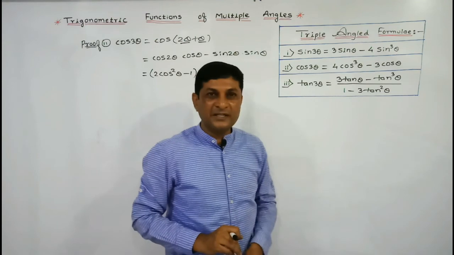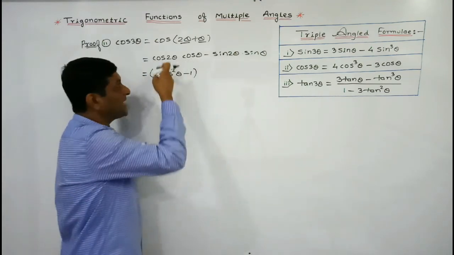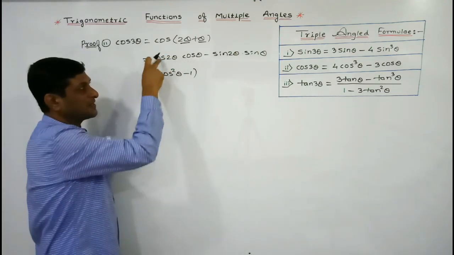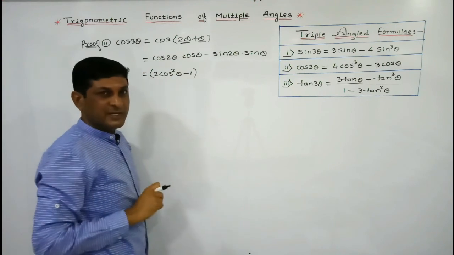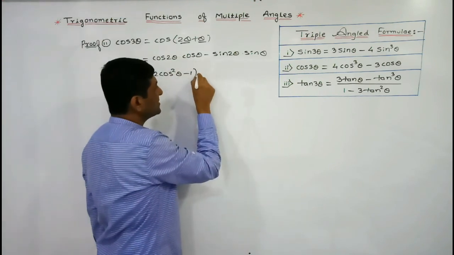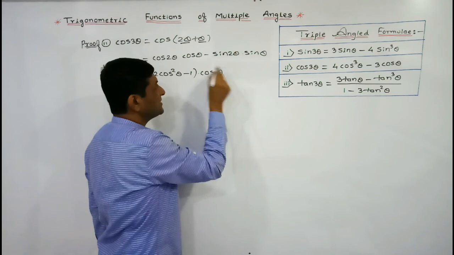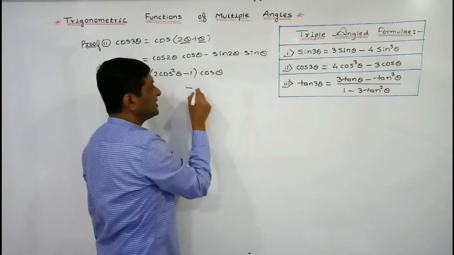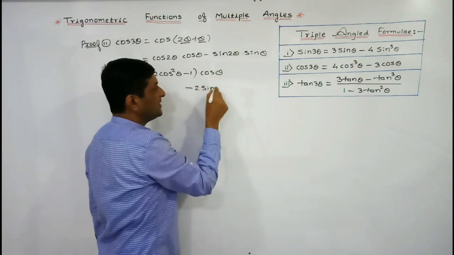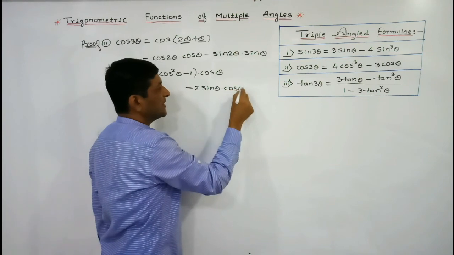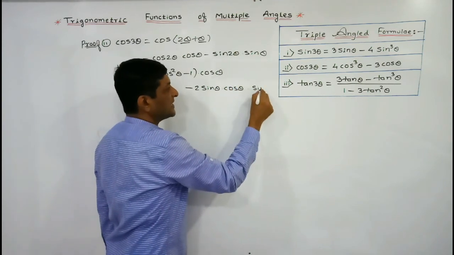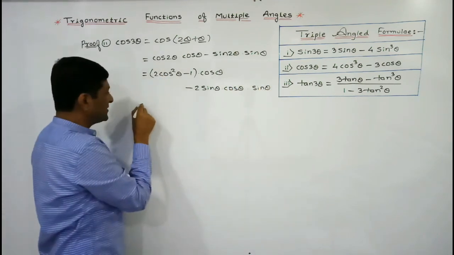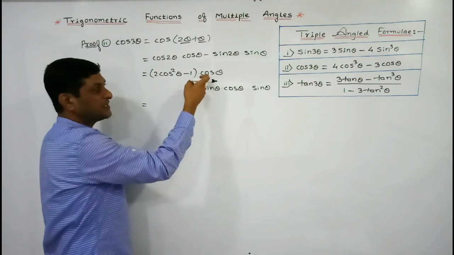Our required result is in terms of cos, that's why we are applying the formula that cos 2 theta is equal to 2 cos square theta minus 1 into cos theta, keep cos theta as it is, minus again sin 2 theta can be replaced by 2 sin theta into cos theta into sin theta, keep it as it is. So which is equal to, now I am multiplying by cos theta to both the terms